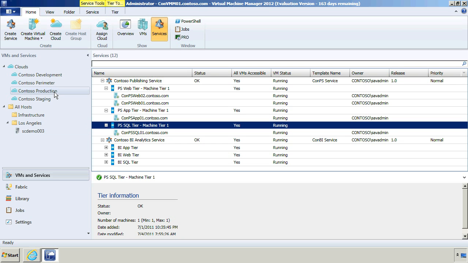We have our clouds running here, and we have the ability to have multiple clouds sitting over the top of our infrastructure and our fabric, and creating clouds is as easy as clicking the Create Cloud button. That will then take you through a wizard-driven process to create that cloud that we can run on top of our infrastructure fabric. Now, those applications that we talked about here are based on service templates,